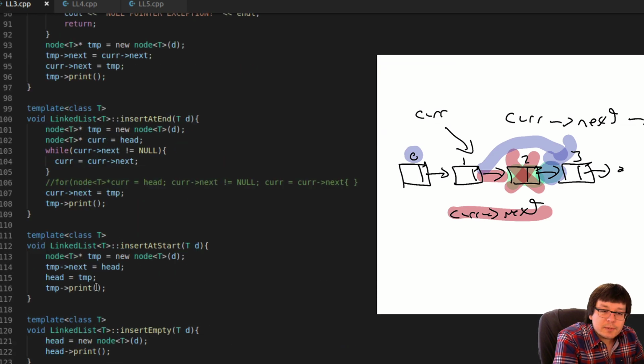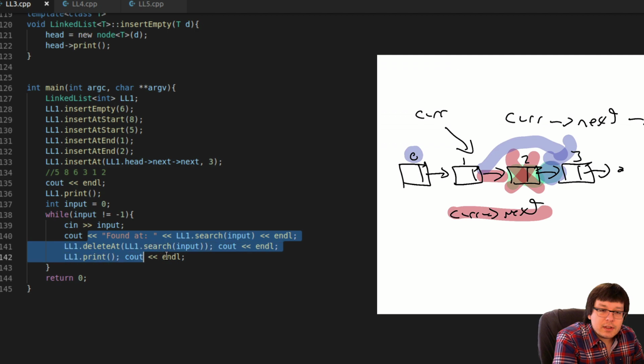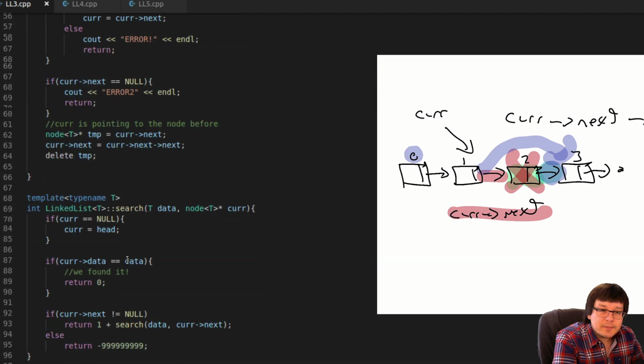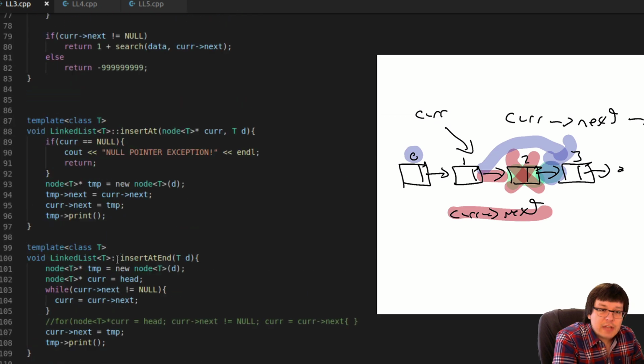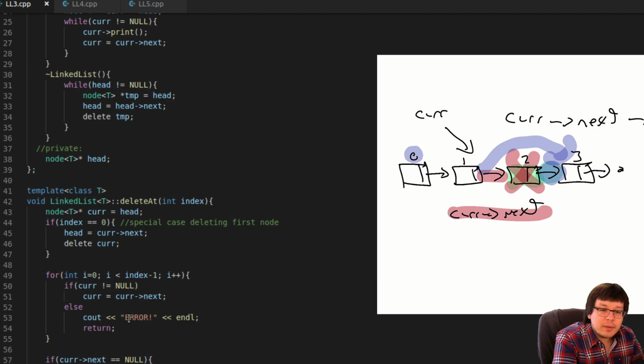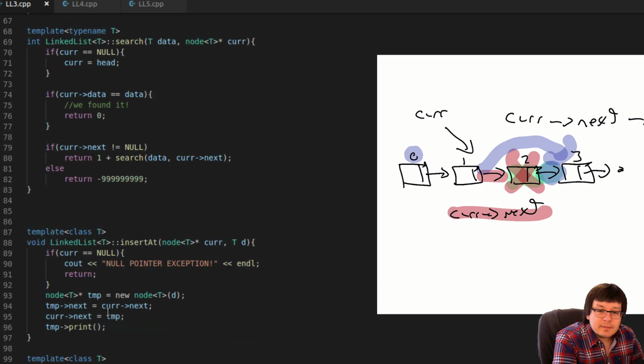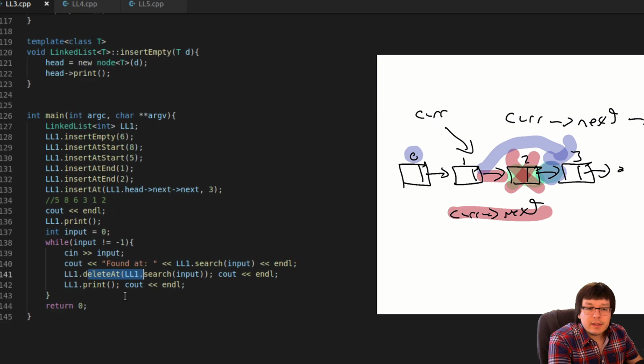So first things first. The way we have the delete code right now, if the search returns a negative number, it is going to try to delete the negative number, which is out of bounds, which hopefully gives us just the error message. But I think there's more bad things going on at hand here.